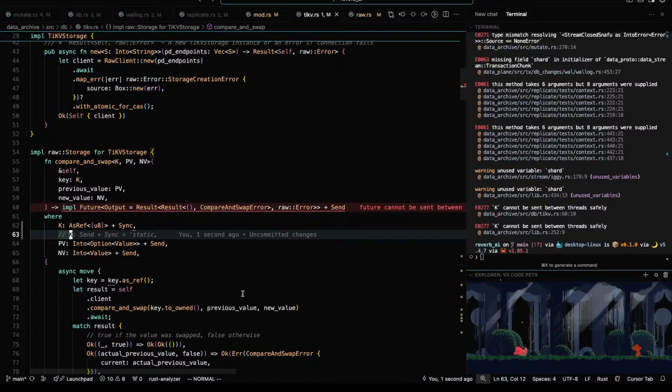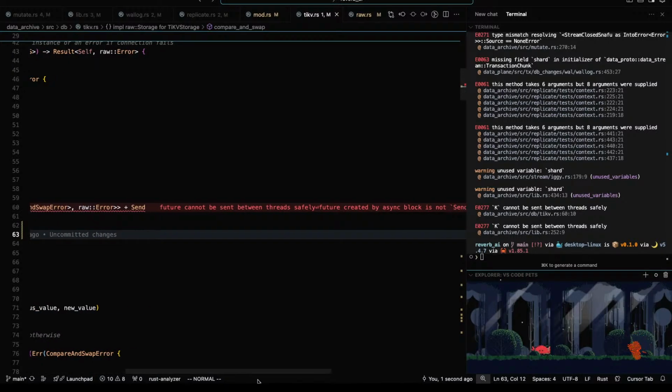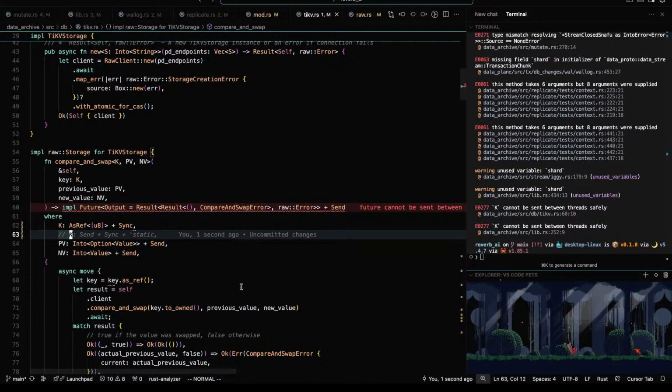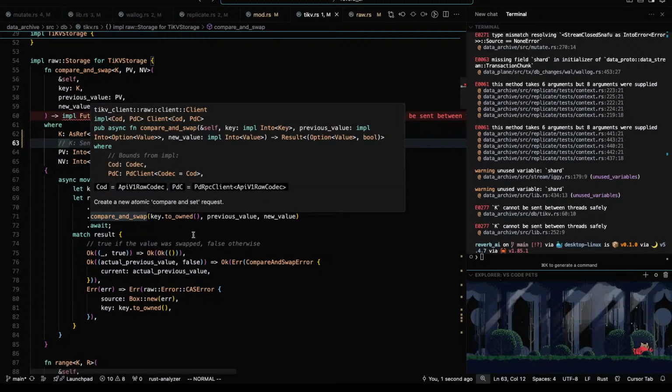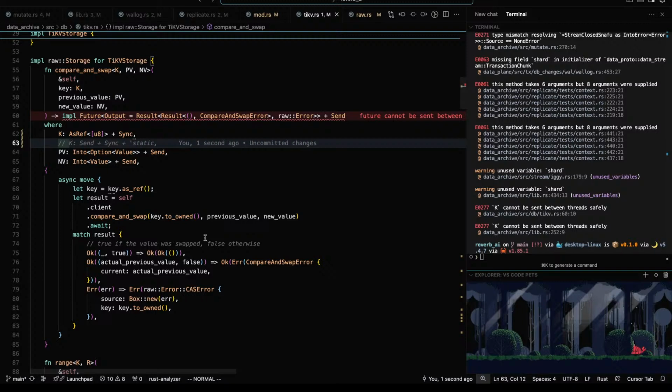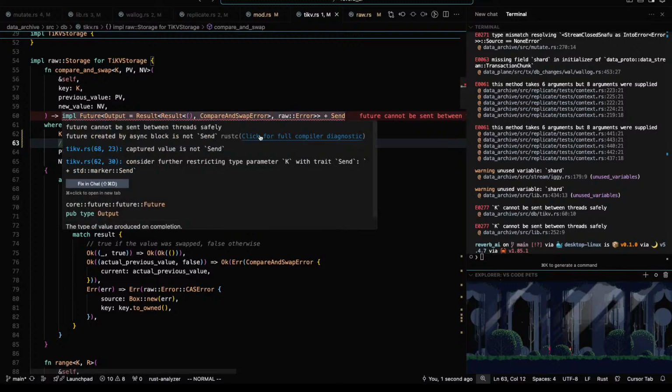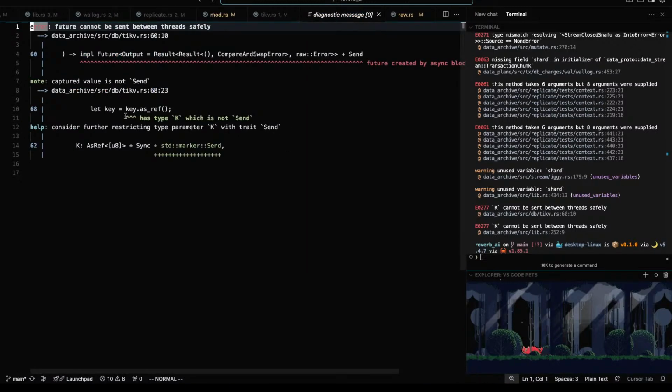Future cannot be sent safely between threads. Yeah.